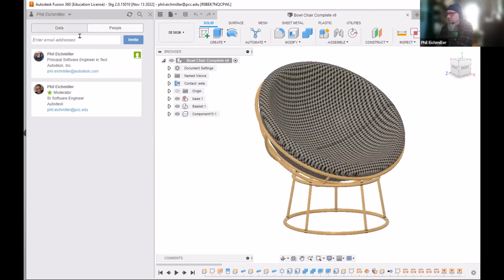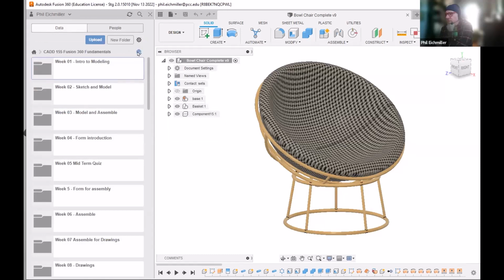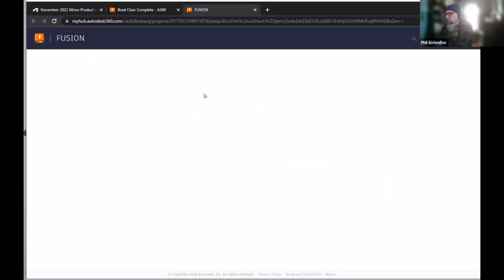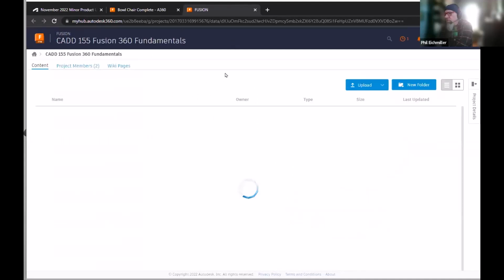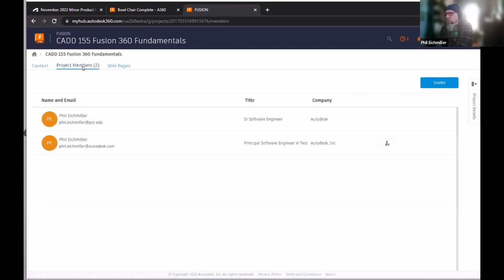Now, this has since changed a bit. I appear to have a slightly older view. We're transitioning to the mode where 100% of your people management is done via the web portal. So that would be a matter of going out to this view of the web to do your people management. And this was the thing that for some reason timed out before. It doesn't look like it's going to now. Here we are. So project members, I can invite people, I can provide various